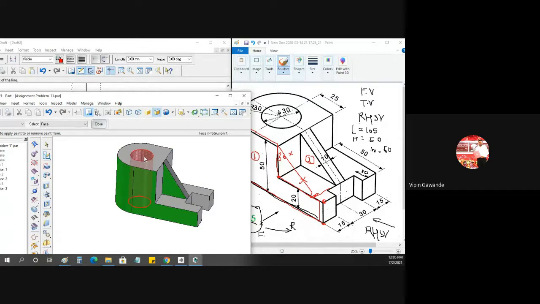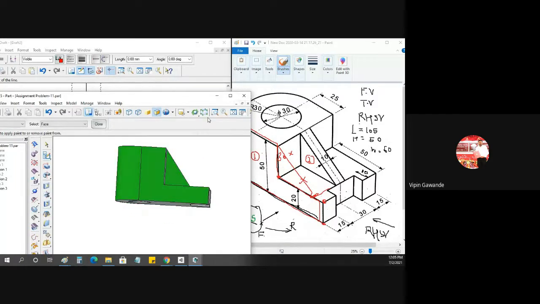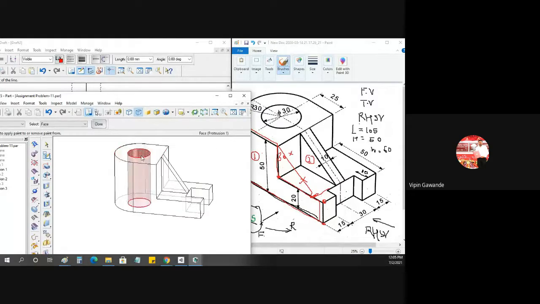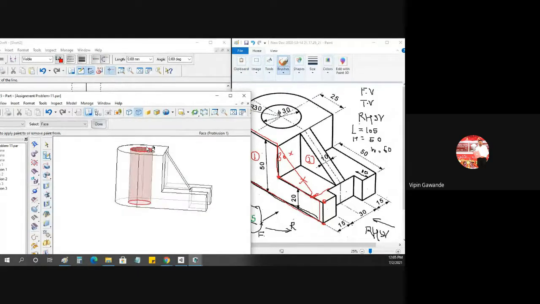Now if you see here, this is the circular cutout. If you see here, 30 mm diameter, this is the circular cutout. Now whenever you see the cylinder from the front view, how does it look? Whenever you see the cylinder, it looks like a rectangle. See, this is the rectangle. So that means we have to draw here 2 dotted lines, vertical, because the cutout is throughout, 50 mm length. When you see the cylinder from the front view, it looks like a rectangle, and we have to draw these 2 vertical lines as dotted lines.